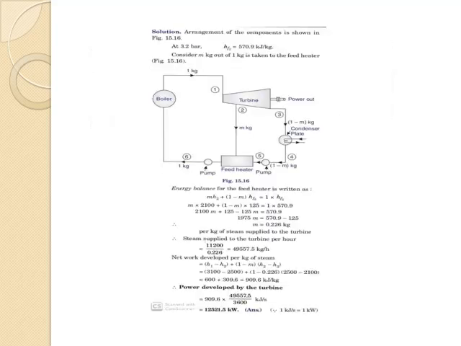Once you are given with the question, first try to draw the regenerative cycle which we have already discussed. The cycle you can easily draw here. So these are the input data which are given in the problem itself. Using this energy balance for the feed heater, using this equation, we can find out the power developed by the turbine. The complete detail of the solution is given in this slide. Please go through this solution step by step, and if you get any doubt, please feel free to ask me.